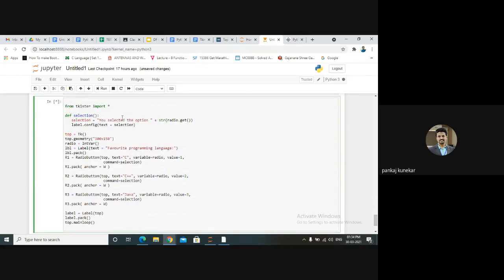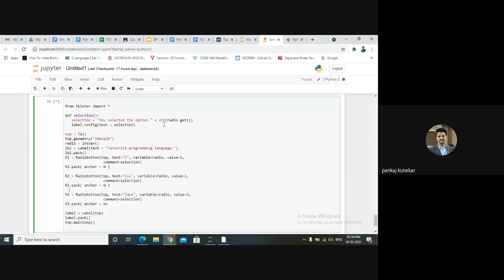It is saying that you need to display something on your window. So whenever I click on a button, see this R1, radio button 1, the command is what? Selection. So this selection function will be executed, and it will capture this variable. See, the variable name is the same for all radio buttons. Why? Because you are going to select only one option from your choices. So we need to extract that radio variable.